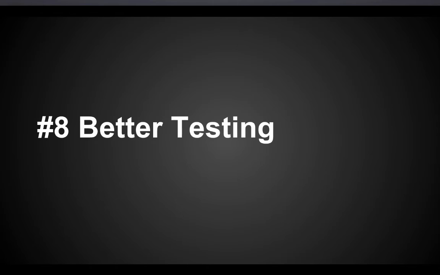Number 8 is better testing. With the previous version of the PHRETS library, there were no tests necessarily that were done. All of the testing and all the bug fixing required manual interactions and manual tries from those running into issues to see if the problem was fixed through some code change attempts. This newest version makes use of PHP-Unit for unit testing, which tests individual components. With the third item that I mentioned, where PHRETS is much more object-oriented, things are divided up into individual responsibilities, and so PHP-Unit is able to much better test those individual components